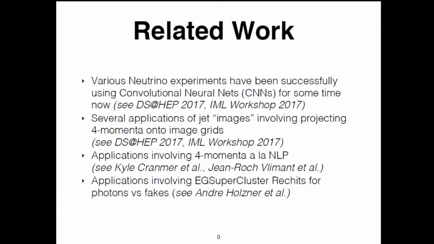And I should cite many similar works that have been done in this area. Of course, the neutrino experiments have done extensive work on convolutional nets. There has been a lot of jet image work; you can see these workshops on Ben's talk from yesterday. There has also been use for event classification, not using images, but using a natural language processing approach. And there has been some use within eCal of looking at supercluster records. So this may not make much sense. But I should also point out a talk yesterday by Wahid, who also did something similar to what we did.